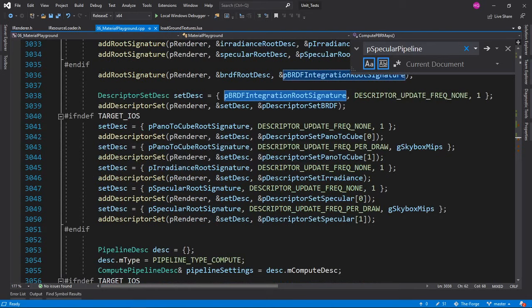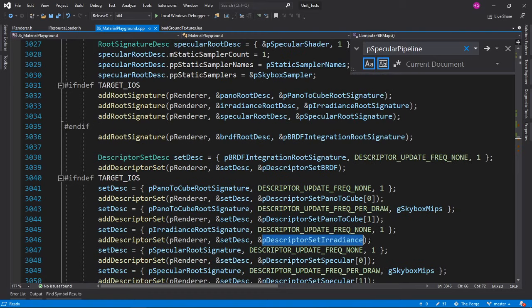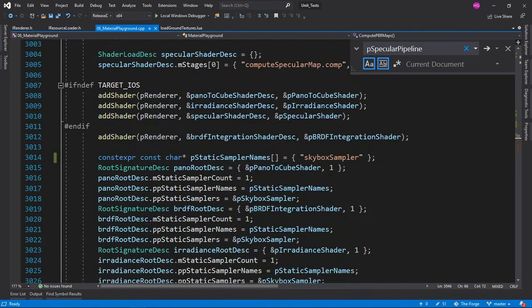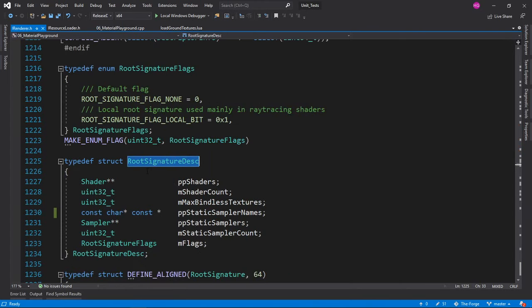Yeah, I'm not getting into these descriptor, pre-render, radius. What are these? What are we doing here? So one thing we need to figure out is root signature descriptor. What does this do? So it takes a shader. It takes many shaders. The count of shaders. Maybe this is size_t for this.